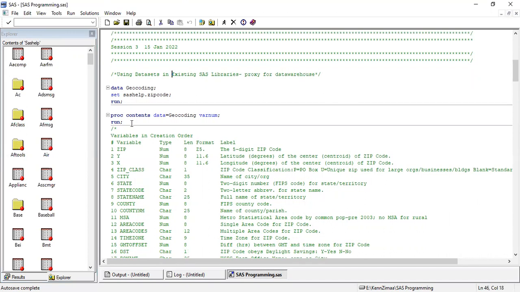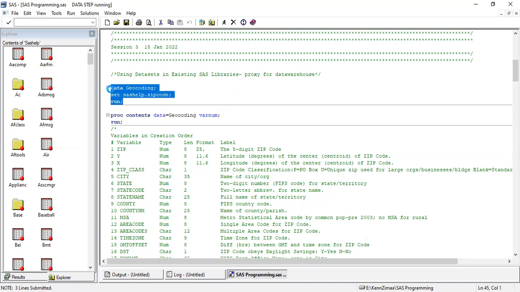I am taking the data set called zip code from the SAS help library, which is again acting as a proxy for data warehouse. Using this, I am creating a new data set for myself called geocoding. Right now, I'll be doing everything in work library.